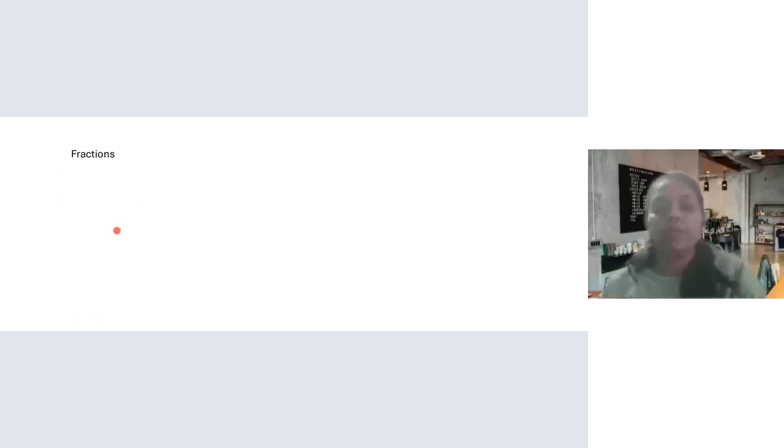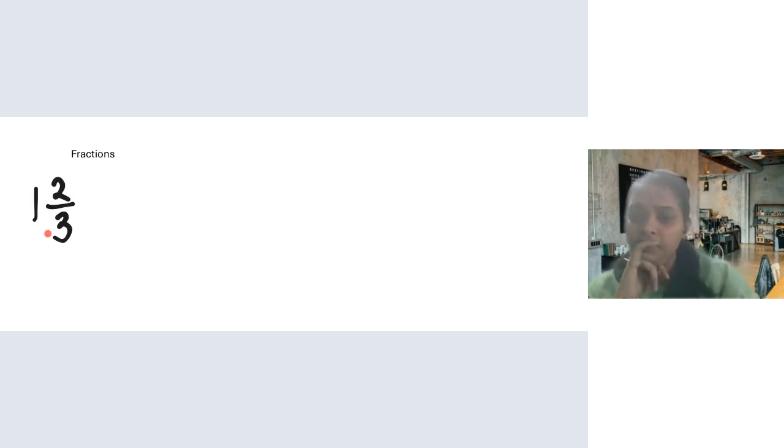Okay. And what about mixed fractions? When there is a whole number with the fraction. Okay, so I'll give you an example. Tell me if it's a mixed fraction or not. Is this a mixed fraction? Yes, ma'am. Can we convert this fraction into an improper fraction? Okay, how do we convert it? By multiplying 3 into the whole number, which is 3, 3 plus 2, 5, so 5 upon 3. 5 upon 3. Very good.